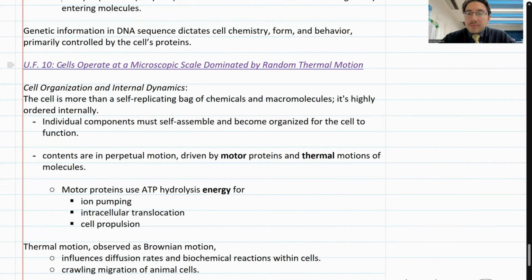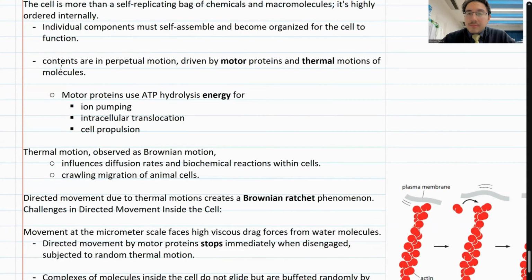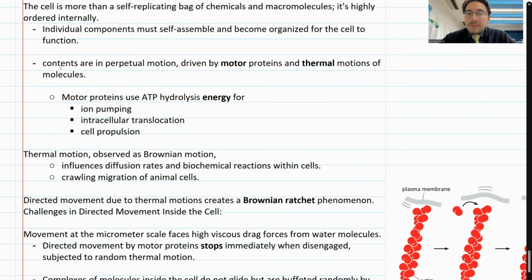Cell organization, sorry. Cell organization and internal dynamics, right? The cell definitely is more than just a self-replicating bag of chemicals and macromolecules. There's a lot of order, there's a lot of structure there, there's a lot of organelles and individual components that are able to self-replicate. So you do have a lot of organization within the cell, right? Ultimately, to have some synchrony, like an orchestra, to make the cell function as efficiently as it can,